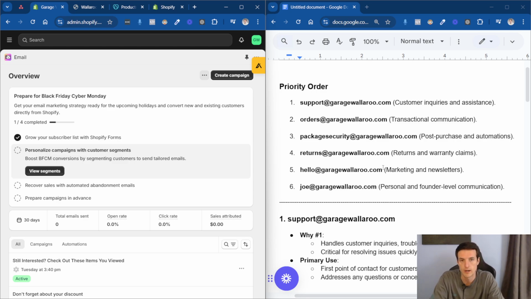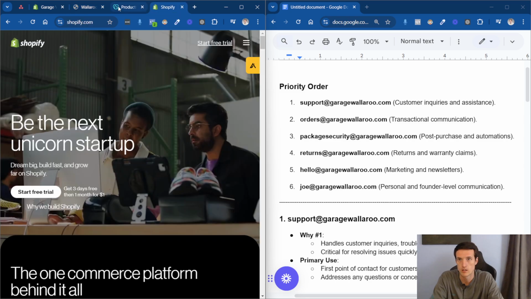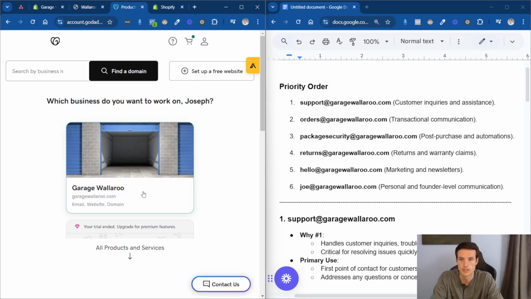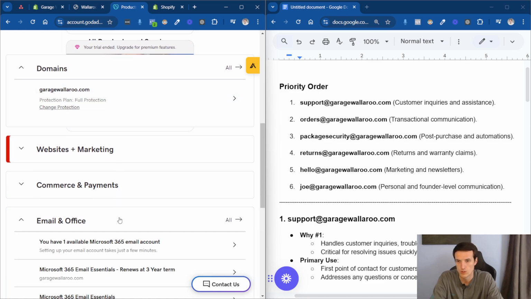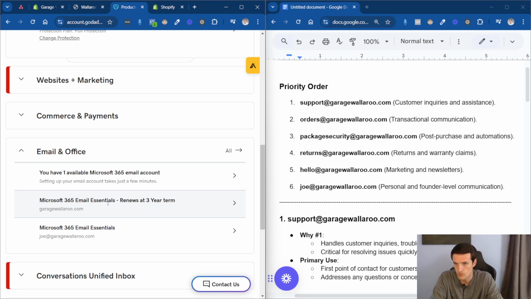What emails are you going to prioritize when you're first starting out? So first off, it depends which Microsoft plan you pick whenever you are in GoDaddy. But in this particular case, I believe it's the Microsoft 365 Email Essentials. This is going to be just fine whenever you're starting out with a Shopify store, but ideally